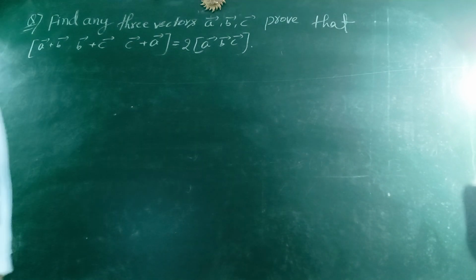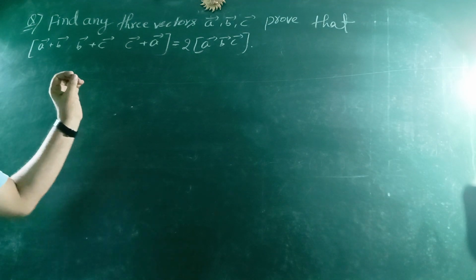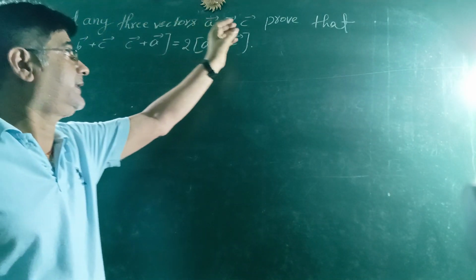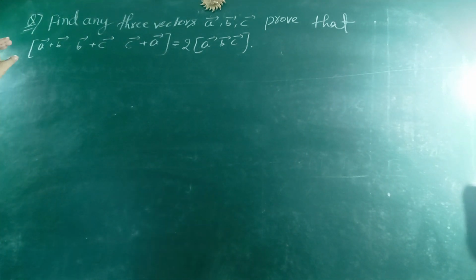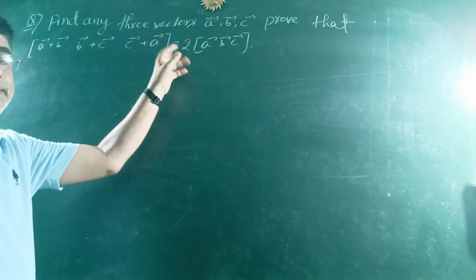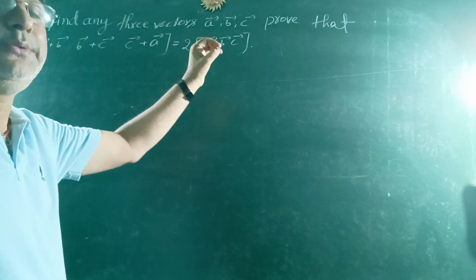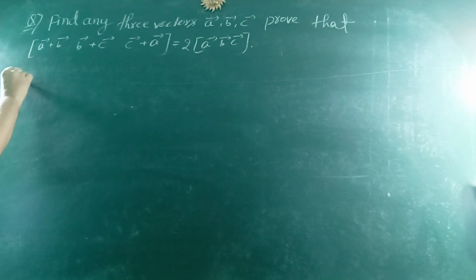Now, students, this is the most important question of three scalar vectors. Find any three vectors, A vector, B vector, C vector, prove that [A vector plus B vector, B vector plus C vector, C vector plus A vector] equals 2 [A vector, B vector, C vector]. बच्चों इसको सोल्यूशन के लिए